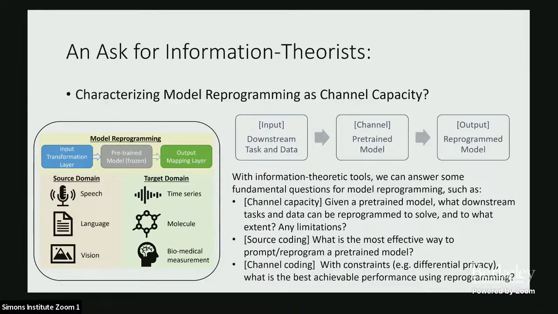So we can view it as a channel, like a given channel. Now your input will be a downstream task and data you want to solve, and the output will be a reprogrammed model. So the interesting thing to ask is, what is the capacity? What is the limitation of this pre-trained model? What tasks can be reprogrammed and solved successfully and what not? And what is the best way to compress the source data so that the pre-trained model can learn better? And in terms of a given one channel, given some constraints,